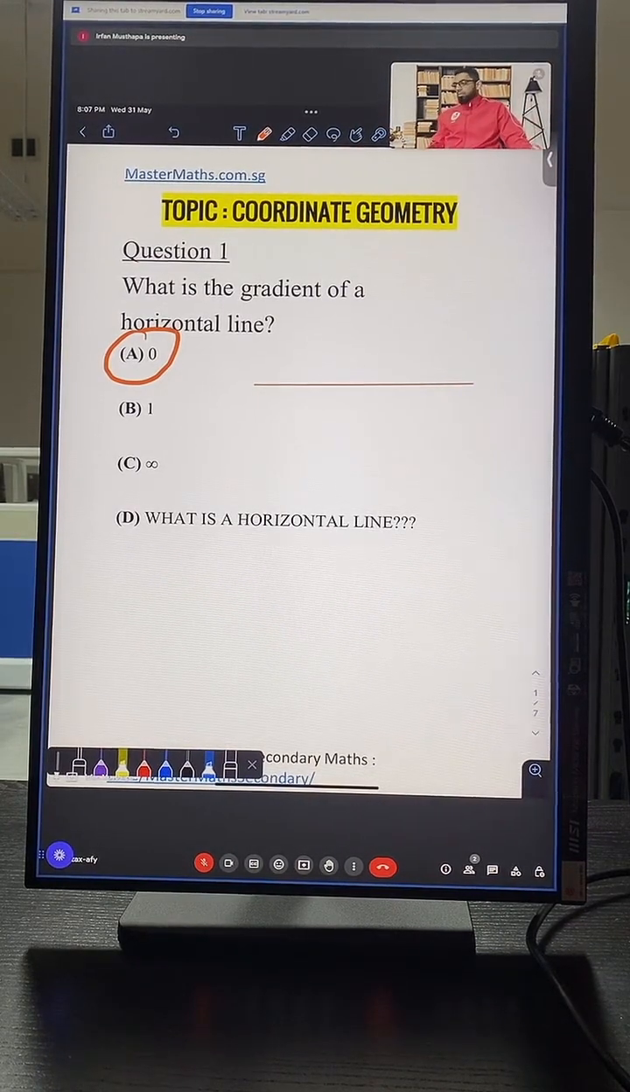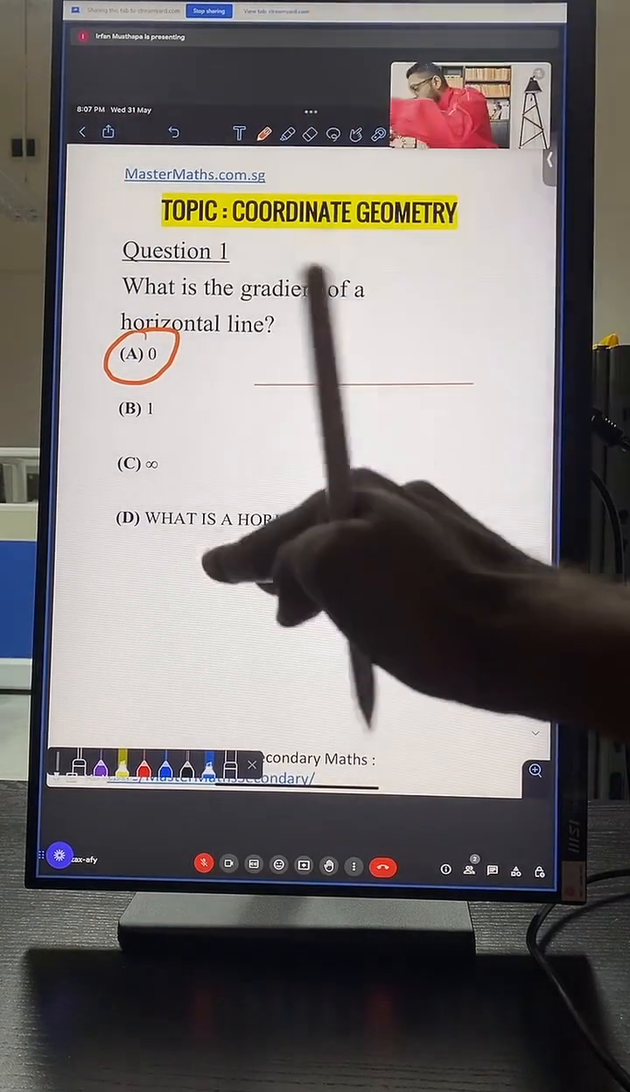Okay? So this should be my answer for this particular question. Option A is there. Guys, if you understand this concept, that if you have a flat line, a horizontal line,